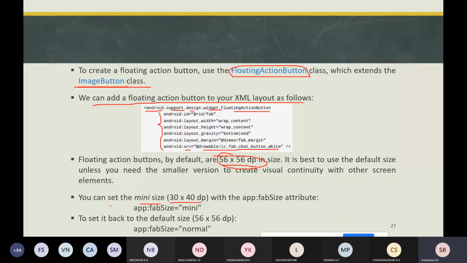How are you going to change it? There is an attribute called fab size. If you set fab size to mini, it means 40 by 40 dp. If you want to set it back to normal, so if you want the floating action button to be the normal size, then you use the attribute fab size and give the value normal.